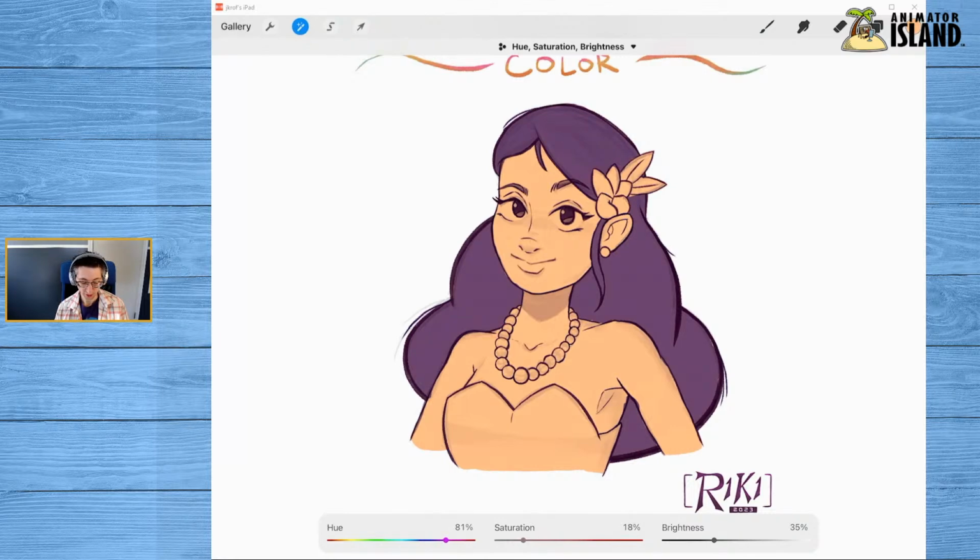Now, I have this propensity, apparently, for purple haired characters. It seems like this is just something I've learned as I've been working for the past couple months on changing my art style. I default to purple hair. I don't know why. I do not like purple hair in the real world. It's fine, if that floats your boat, go for it. But for me, it doesn't appeal to me at all. But when it comes to characters, for some reason, purple really works for me.